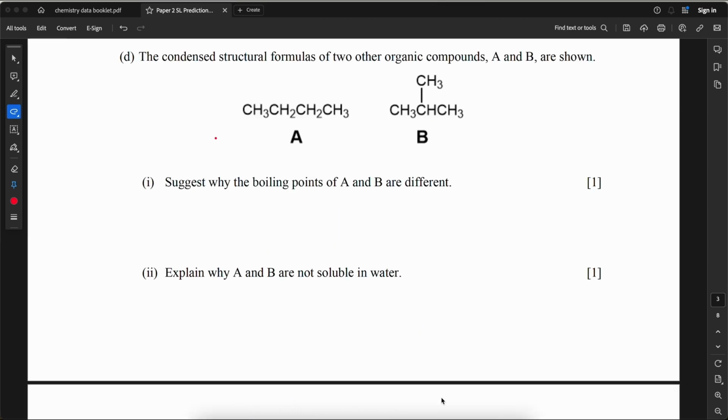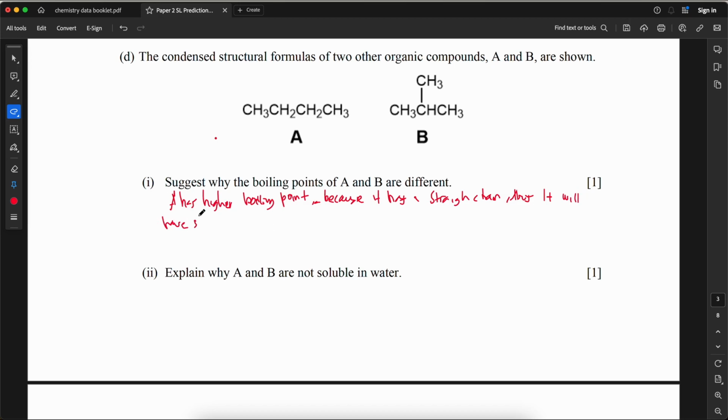The condensed structural formulas of two other organic compounds, A and B, are shown. Suggest why the boiling points of A and B are different. A has a higher boiling point because it has a straight chain, thus it will have